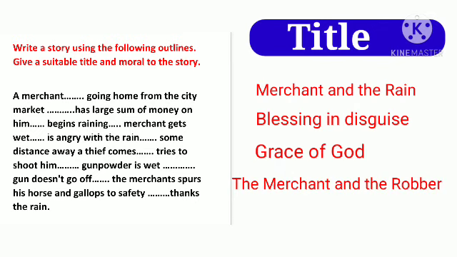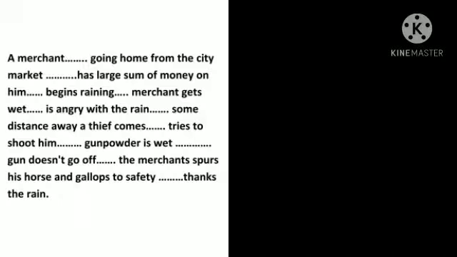Alright, now let's begin with the story. As you can see in the first two lines, it's clearly mentioned that a merchant was going home from the city market and he was having a large sum of money. Correct? So here we can frame our own sentence. We understood that he had some kind of business and because of that he was carrying a large sum of money with him. So your first paragraph can be,